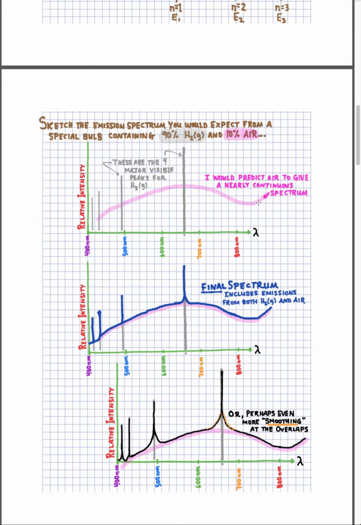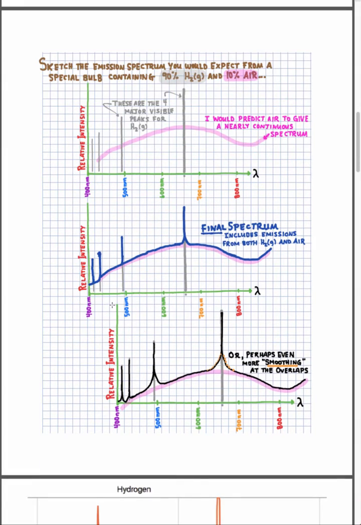I'm just imagining. So I was hoping, praying, incorrectly so, that the air might emit so many different colors that it might look almost like a continuous spectrum. Like it would emit this color, and this color, and this color. It would emit so many colors that I couldn't really tell it was a discrete emission, but rather a whole bunch of different wavelengths of light. And so if I were to add this bump to that bump, add this, and a spike of this, and a spike of this, and a spike of this, that I might actually see something like